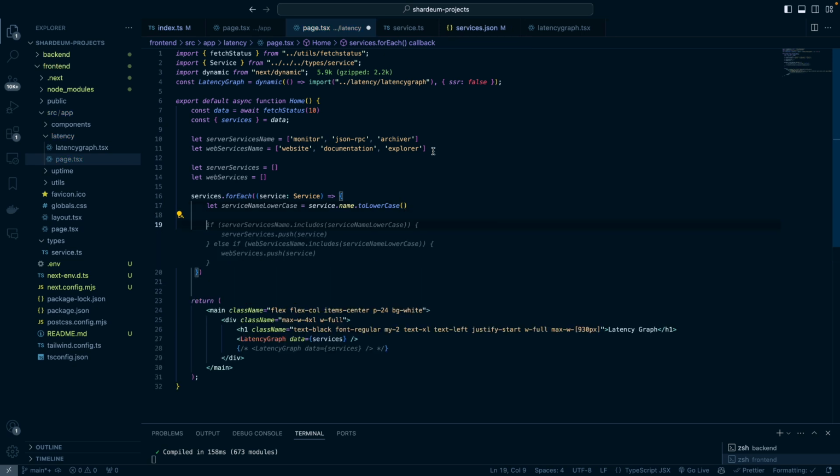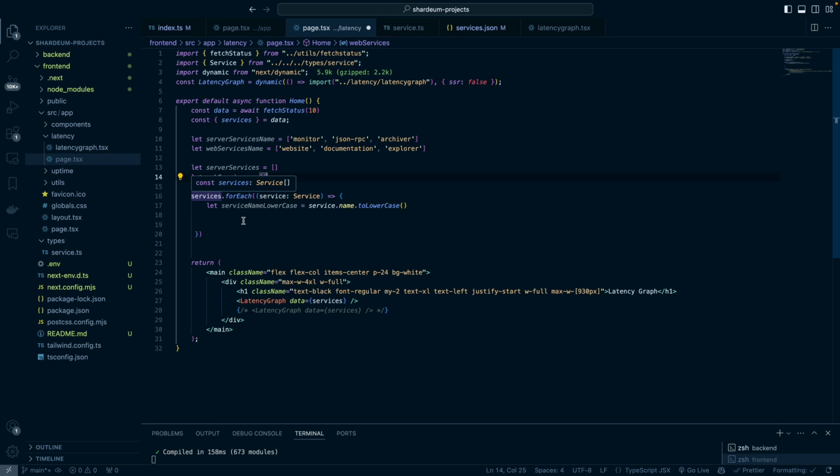Then what I want to do now is push all the services. If we find any of the names we have in this array in any of the services, then we push it into the server services. If we find the names in the web services inside of our services.name, we push that into the web services. So let's do